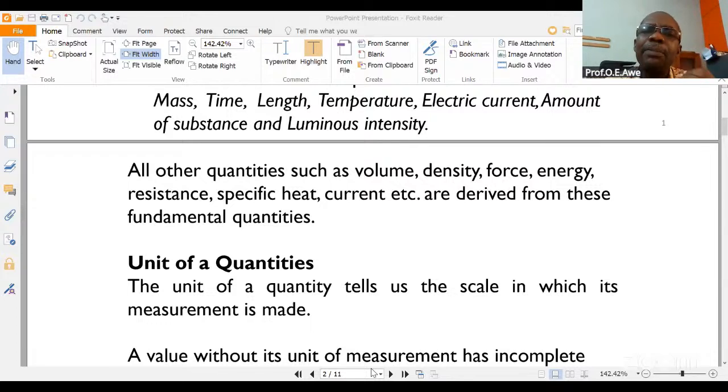The individual has measured, but has not given the reference point of that 2. 2 what? 2 pieces of stone, 2 pieces of granite? So you have to mention something outside the magnitude. What you are adding to it is the unit, the reference point. So if somebody now says he has $2 in his or her pocket,